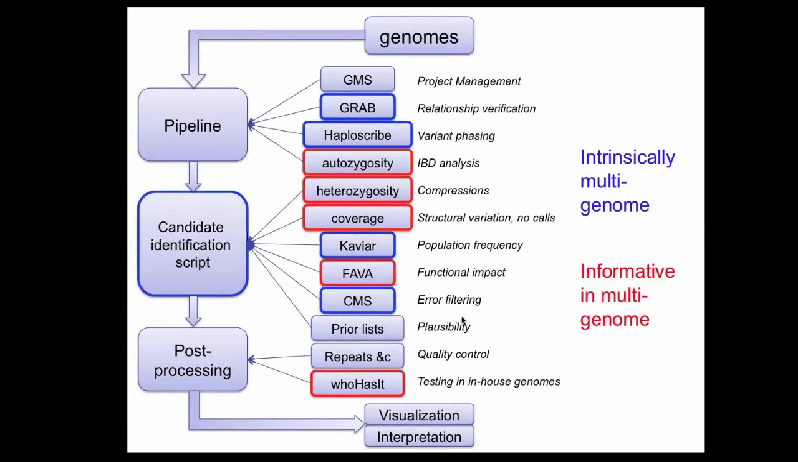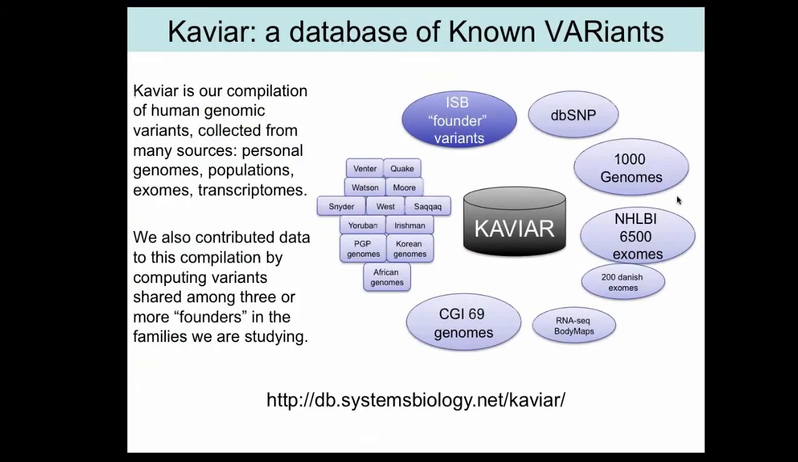So going back to our own pipeline, the big point I want to make here is that some of these tools are intrinsically multi-genome, so they only have meaning because we are analyzing several genomes at the same time. On the other hand, some of them are intrinsically single genome, but they are particularly informative when we take them in multi-genome context. So for example, one of them is, kind of trivially,